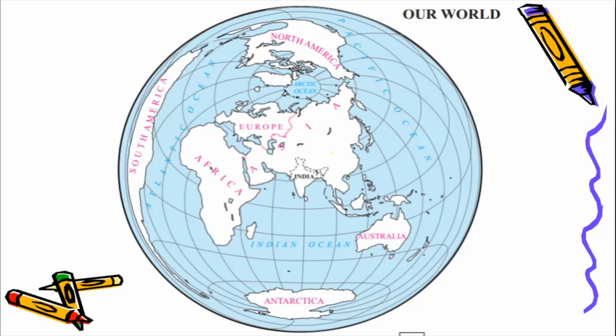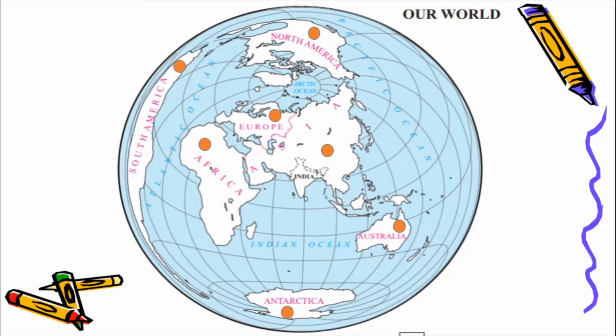Okay, so see how we started learning about maps. We saw what is a map, we saw the meaning of a map, we saw what are the various things which can come up on the map, we saw a map of our city, we saw a map of our state, of our country, and finally let us take a look at the map of our world. So see, this is a map of our world where you can see continents as well as oceans. So see, this is North America, this is Europe, this is Asia, Africa, South America, Australia and Antarctica. These are the various continents on the surface of the earth, and you have the oceans also.